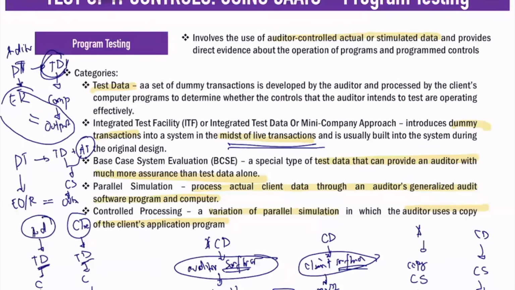Actually, what we know under IT audit purely is the program testing. But actually, hindi lang naman talaga yon. Kasi ang program testing, isa lang yan as to your test of IT controls. By now, you should learn that there are different ways or categories in testing the controls. A while back, we finished program analysis. Now, we're talking about program testing. So, program testing, ito yung mostly alam nyo: test data, ITF, BCSE, parallel, at saka controlled processing. By now, you should know the differences between those different types of testing the program.